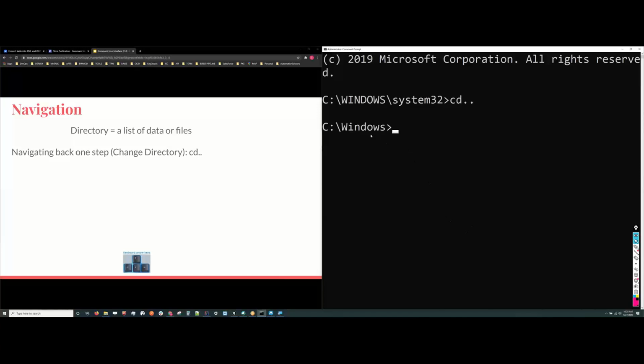Okay, what if I wanted to go back farther and I don't want to be inside Windows? Then I could also type in again CD dot dot, and it will take me back one step. Okay,